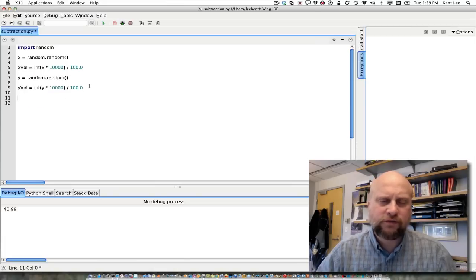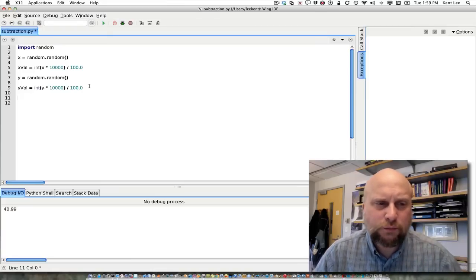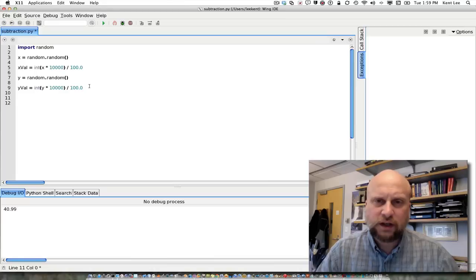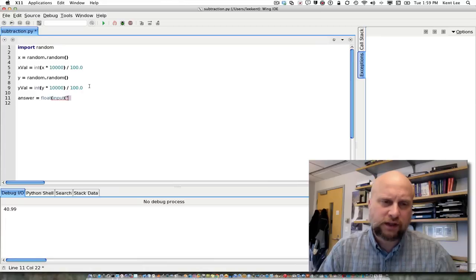So now we have an x value and a y value, and we want to ask our younger brother or sister what's the difference between those two. So we'll go ahead and ask for input, and we'll call it our answer, and we'll say answer is equal to, and let's convert it to a float because the answer will likely be a float, input, and we'll say what is the